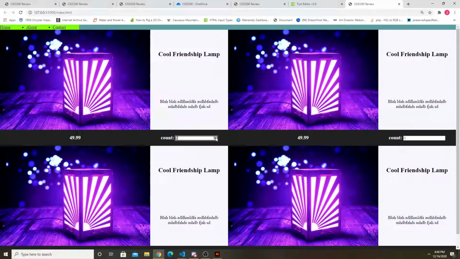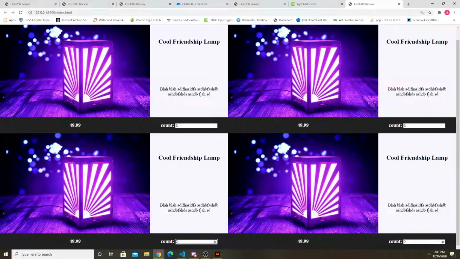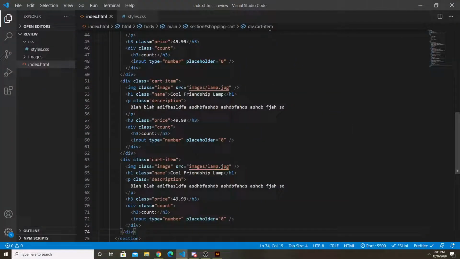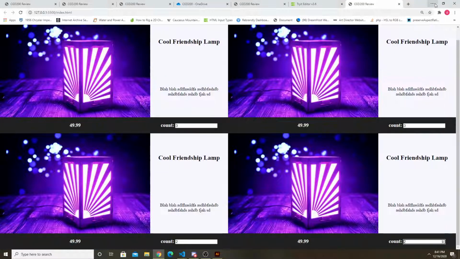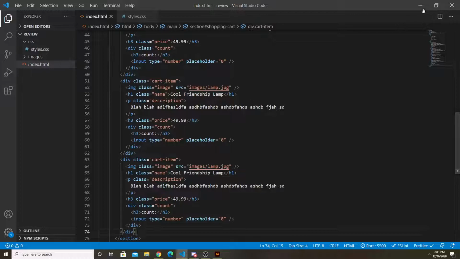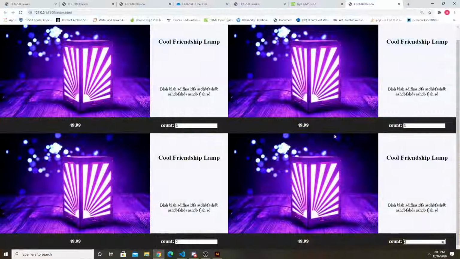So now you could add stuff to your shopping cart. Let's pretend and choose how many you want. And then when you're ready to check out, you could click a button to check out. Maybe we'll leave room on the right side for checkout. Or I don't know, where would be a good place to put the checkout button? We could put it on the bottom